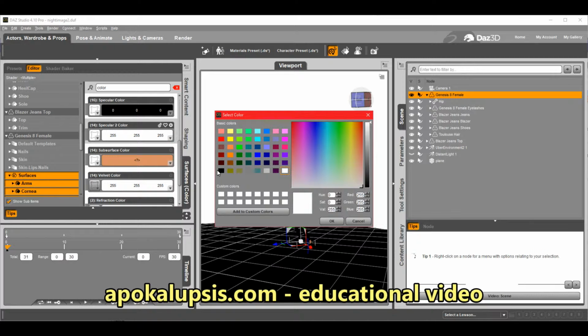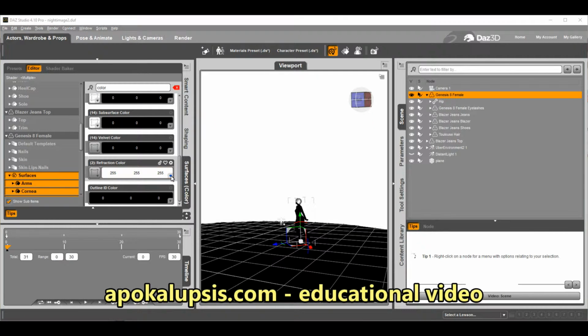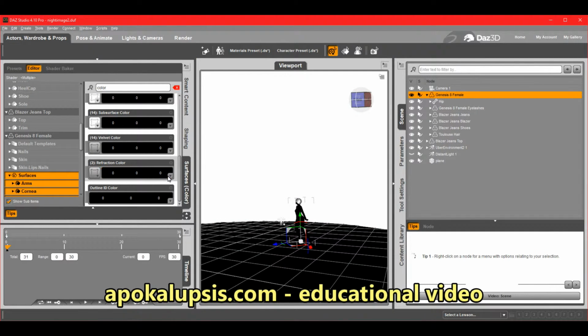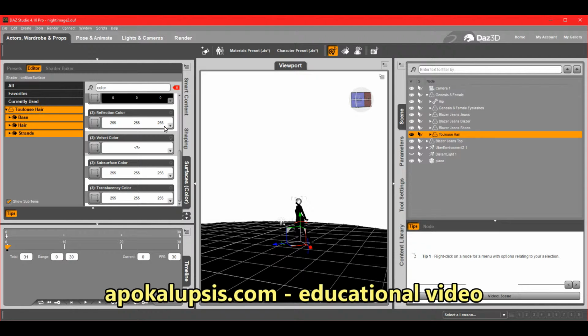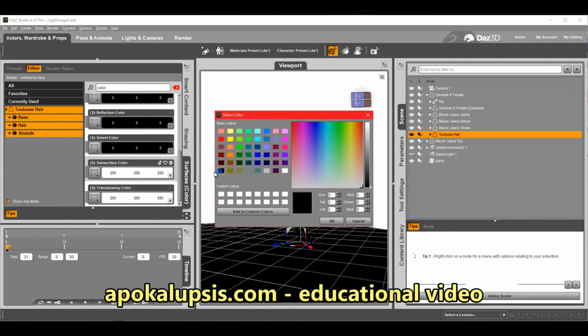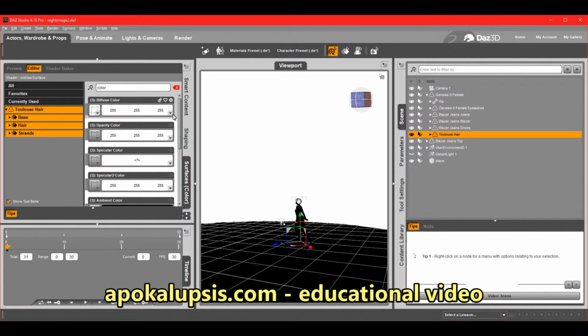Remember, the plane is a normal Daz Studio primitive plane, approximately 10 meters, just enough to cast a shadow, or more than enough to cast the shadow. We're doing the same to the hair, to loose hair. Don't forget, in this case it's to loose hair. And I'm changing all the colors to black. True, it's a bit tedious, but this is basically